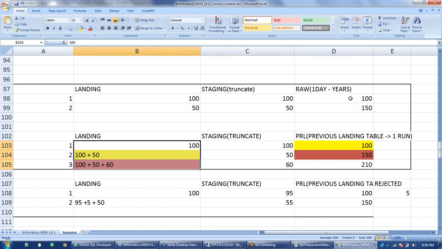And once you create a mapping between that staging table and a landing table, then 4 supporting tables get created and the settings tab gets enabled. So it's only when we create the mapping that it's activated. That is correct. When you create the mapping, then the settings get enabled and these raw, reject, PRL and OPL tables get created. Okay, thank you, thank you.